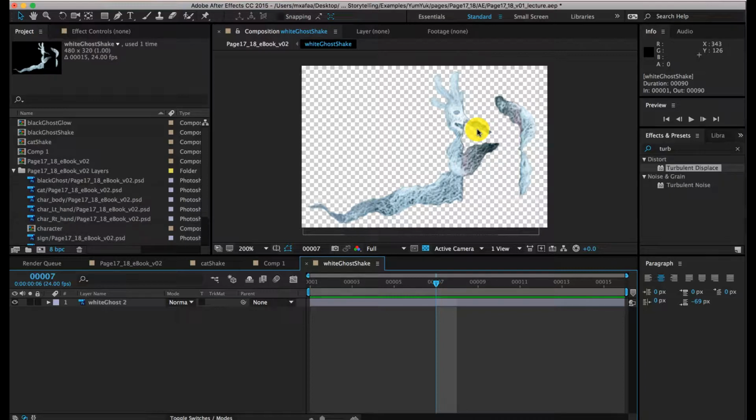So again, you keep asking me what format I should choose when I'm trying to export my file. This is the answer. If you have transparency information, if you have opacity on your layers, you have to make sure that you are saving your files in a format that will respect transparency. And the format that respects transparency is PNG, right? Whenever you have transparency information in the layers or the elements, make sure that you are exporting your sequence as a PNG